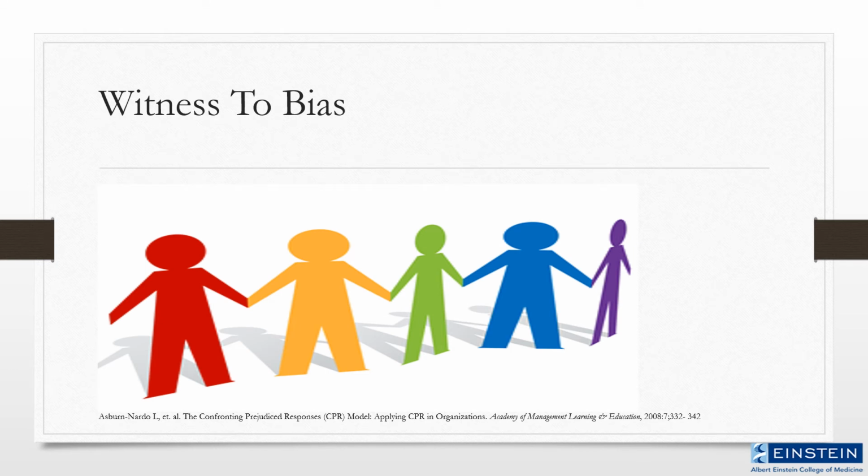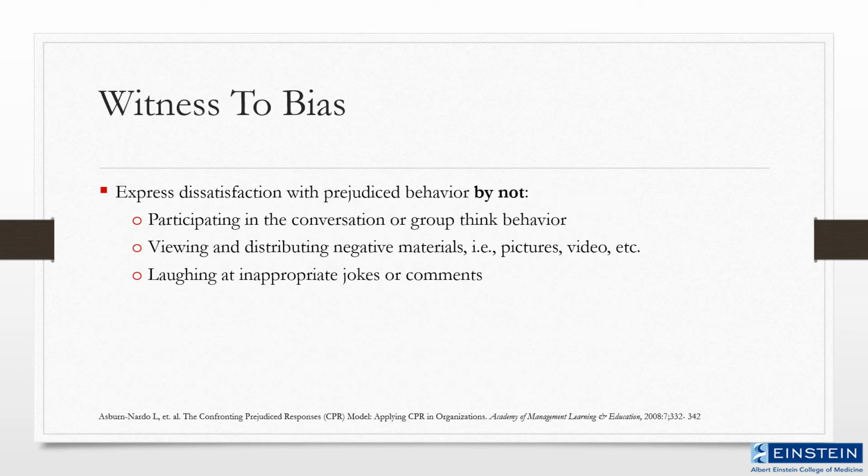Have you ever found yourself in a situation where you have witnessed a potentially biased interaction? It can often be complicated by perceived power differentials. There is evidence supporting the idea that actions on all of our parts can bring awareness to bias and improve the workplace climate for everyone. You can verbally or non-verbally express dissatisfaction with prejudiced behavior. This is an opportunity to practice empathy towards others. Not saying anything but shaking your head in disapproval. Just this visual cue may be helpful to bring awareness when there is not an opportunity for full discussion.